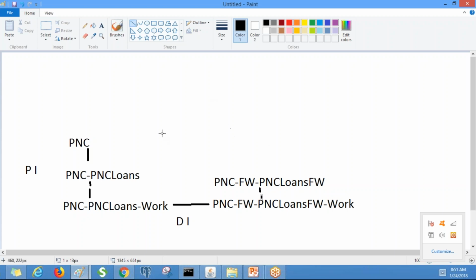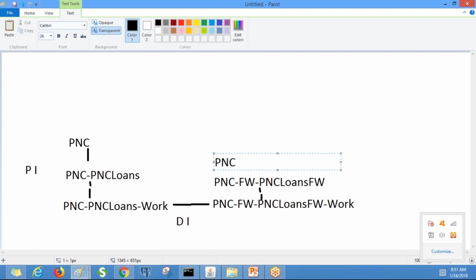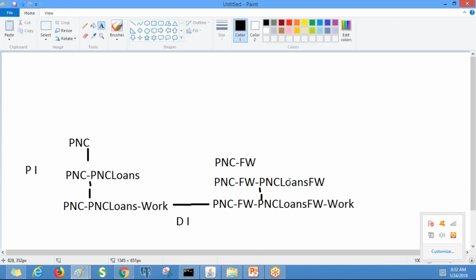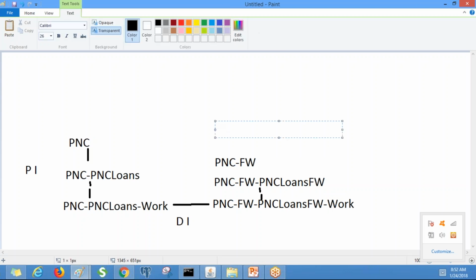Okay, so now again this PNC framework hyphen, yeah, this is the parent class of this class. Again, PNC is the parent class of this one. See, both PNC loans and PNC framework are the child classes of PNC.